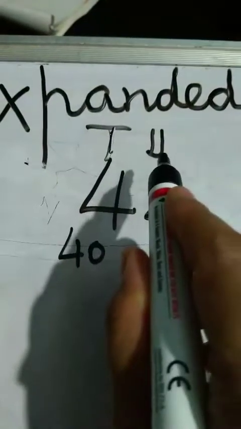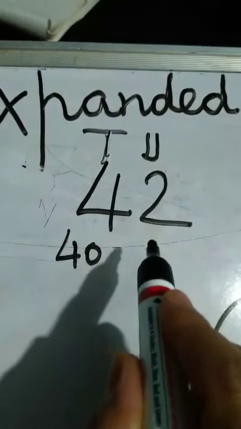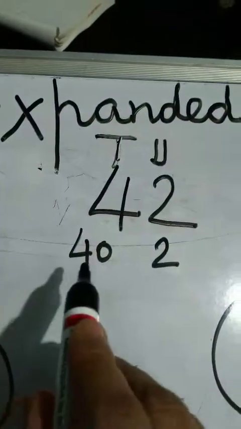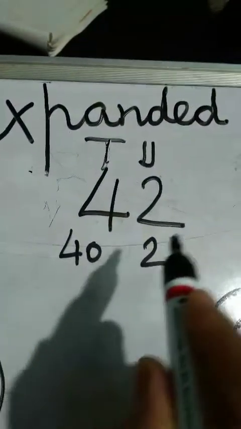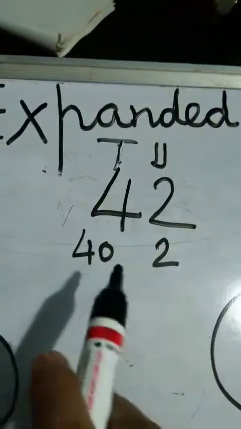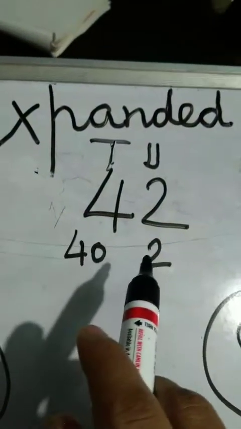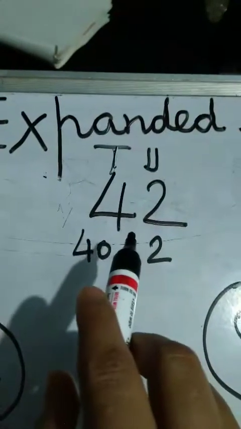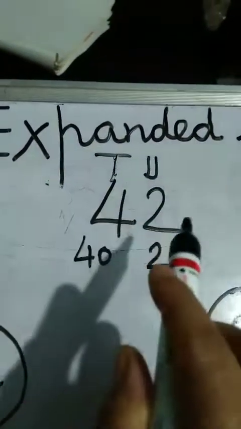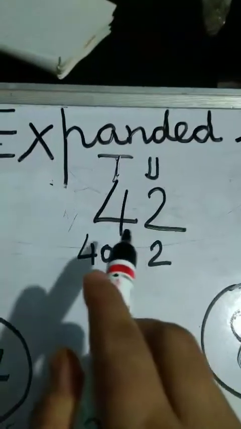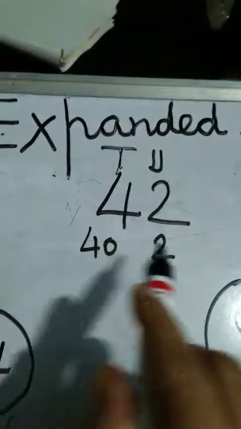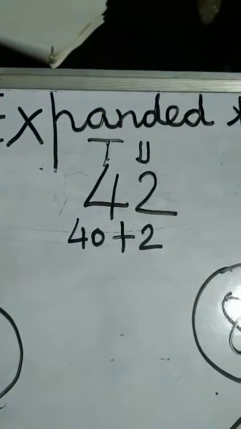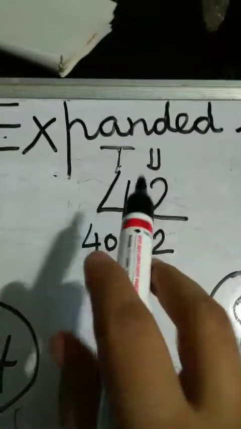And 2 is standing at unit place. For that reason, place value of 2 is 2 only. This thing we learned, 40 and 2. So 40 plus 2 is 42. So yesterday we learned about this place value. Now from these only we are going to learn how to expand the given number. So this is expanded form of a given number actually. Okay. 40 plus 2, it is the expanded form of the 42 number.